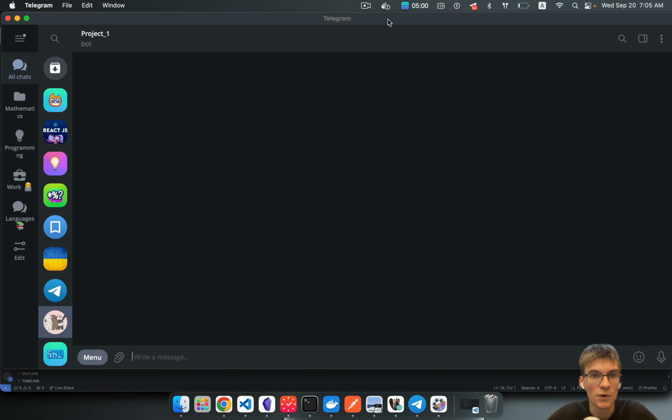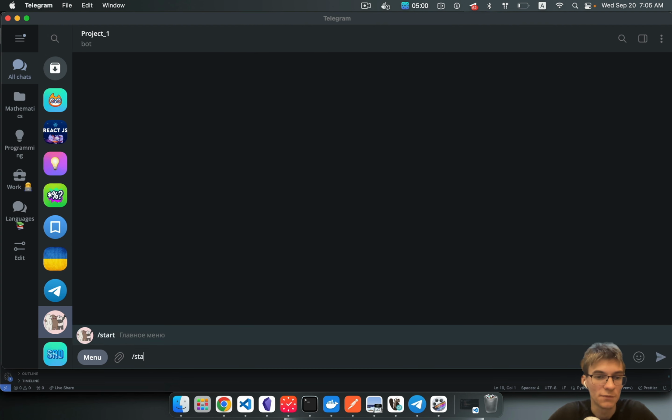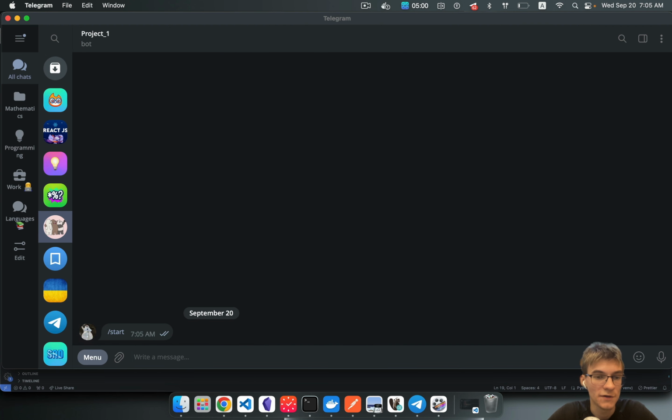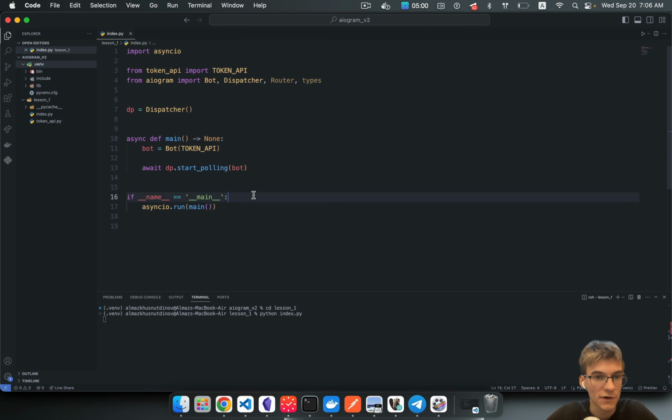Alright, so I've just opened my Telegram bot and put here start. And I don't see anything, because my program doesn't produce any results. Why does it happen? It happens because we didn't specify here any handler. The handler is just like a view function in Django, if you are familiar with Django. But simply speaking, it's just like a handler. A handler is some kind of function that processes your updates, processes the request from Telegram